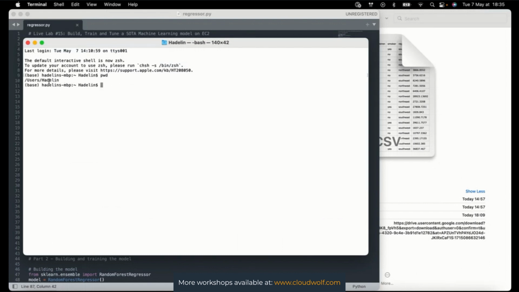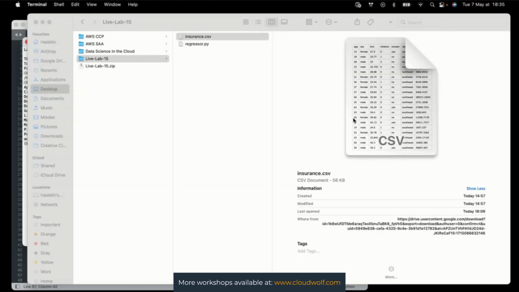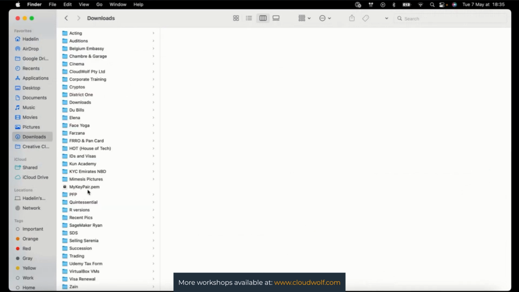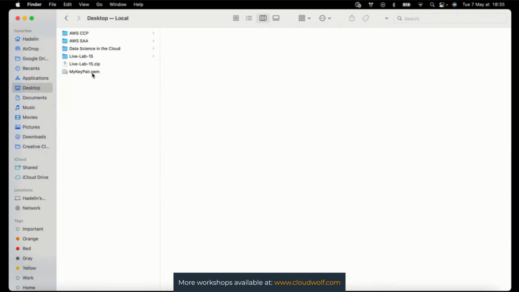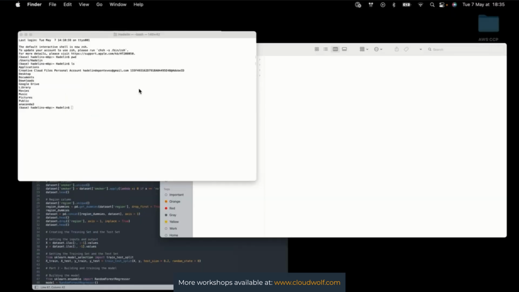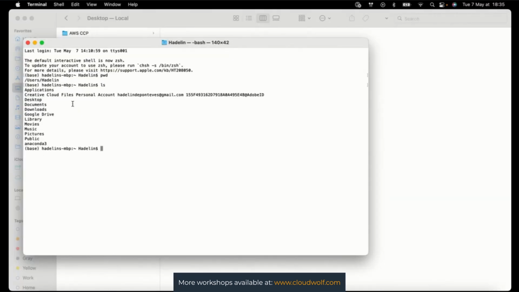Okay, I'm in my Hadlin root folder. Then I'm going to enter ls here to see the diverse folders. And remember where I put my keys? Well, actually, it's in the download folder, but I'm going to put it in my desktop folder. There you go, desktop folder. I'm putting my key in the desktop folder just so that it's also with my other resources, the live lab number 15 folder. And now, as you can see, when I did ls here, I have the desktop folder